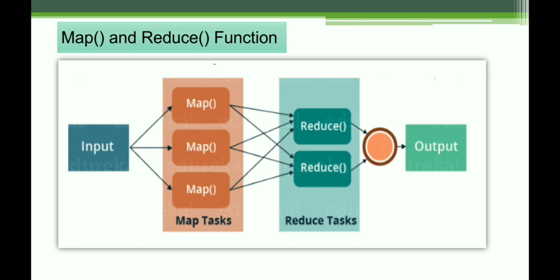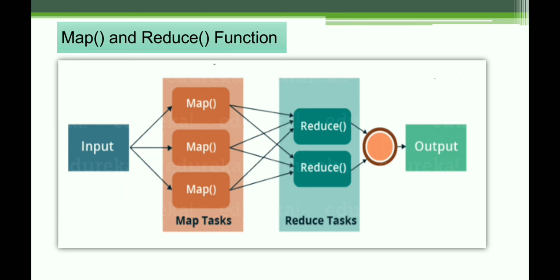Here is the diagram which shows us a basic overview of how the MapReduce framework works. MapReduce consists of two distinct tasks, map function and reduce function. There are two phases, mapper phase and reducer phase. In the mapper phase, the map function is executed, and in the reducer phase, the reduce function is executed. As the name MapReduce suggests, the reducer phase takes place after the mapper phase has been completed.